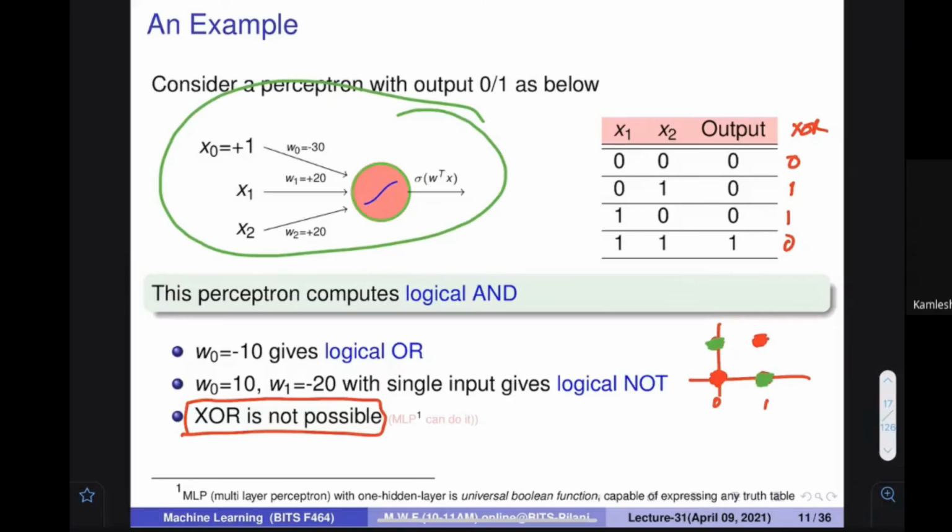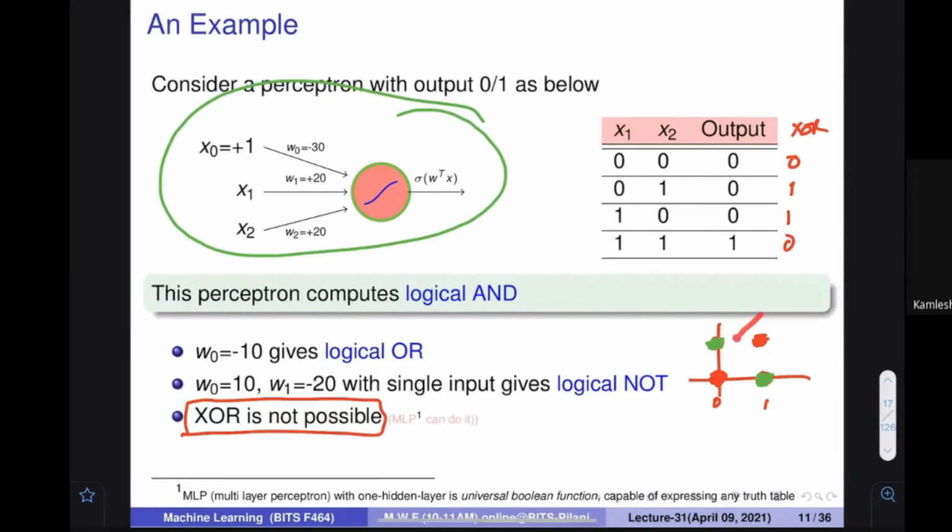Here the answer is no, because a perceptron is going to give only a linear decision boundary. I'm talking about a very important question. People many times ask this question in interviews: can you make an OR gate XOR? The answer is no. You cannot deploy this because they are only linear decision boundaries.